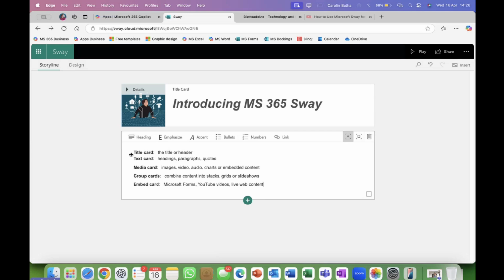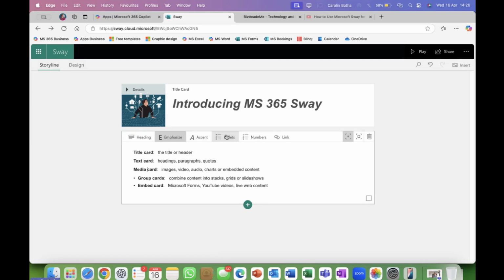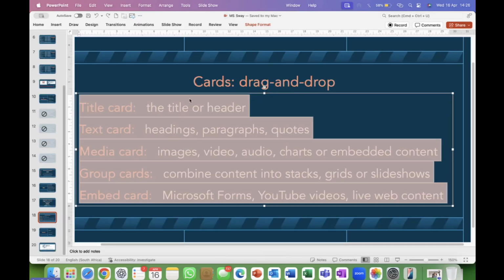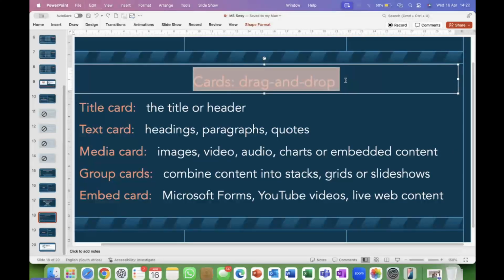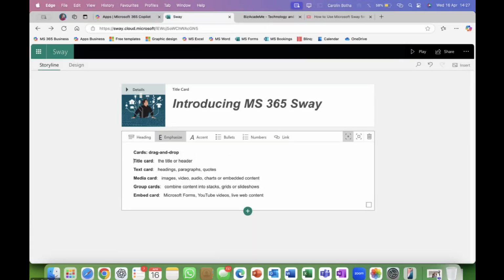You can have bullets, so let's just select it again and add a bullet to it. Oops, it doesn't include the top one. Okay, that's okay. Let's just leave the bullets. Although, if we go back and select the heading of that list of text and paste it over there, there you go.